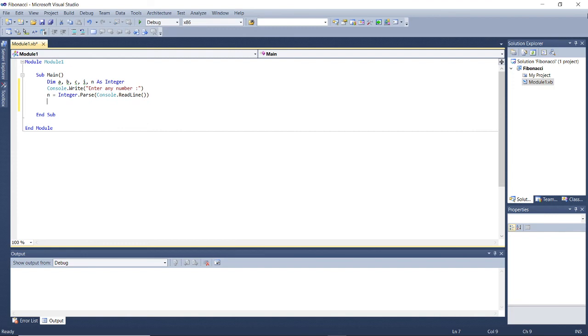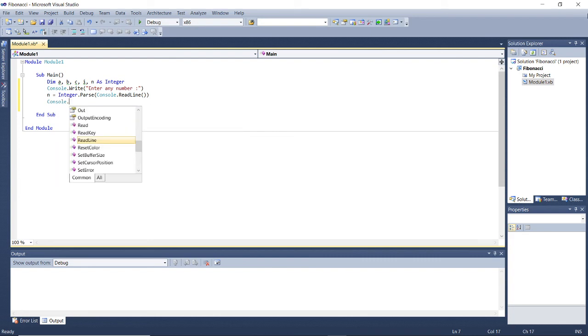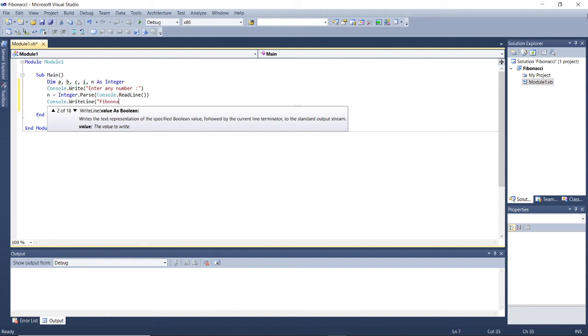Then here I have to display the values of a and b first of all. So first of all I will write Console.WriteLine "Fibonacci series for 0 as follows."